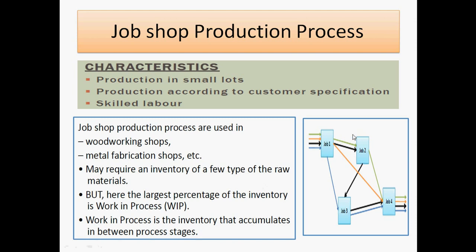Is it clear? So this is the flow chart. Job one, job two. Suppose one job enters, so the operation can be done over here. Second job operation, third job, again we can go for the fourth job. Likewise, we are developing the mechanism for the job shop. A number of machines are used here, and different sequences can be used. There is no perfect sequence, but in the case of continuous manufacturing systems, sequential operations are required, right? That is why single-operation specialized machines are required, but for general purpose operations we use general purpose machines for job shop production.